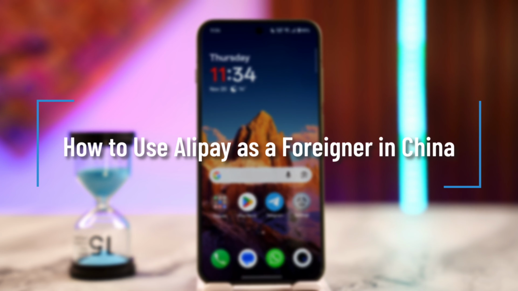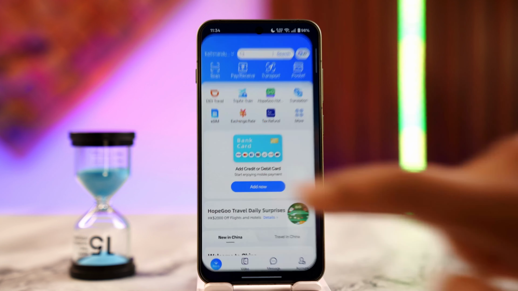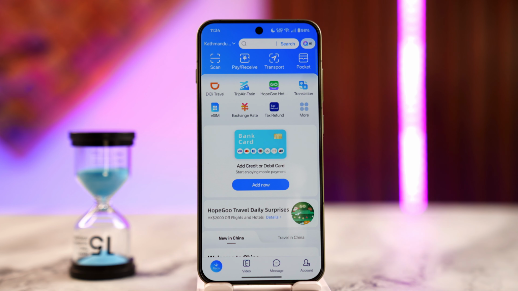How to use Alipay as a foreigner in China. If you wish to use Alipay as a foreigner in China, Alipay is not only limited to China itself. You can also sign up from other residents and international countries. So during the sign up process, you must make sure to sign up with your international phone number, not a Chinese phone number, but an international phone number, and link a valid international credit or debit card, or you can verify your